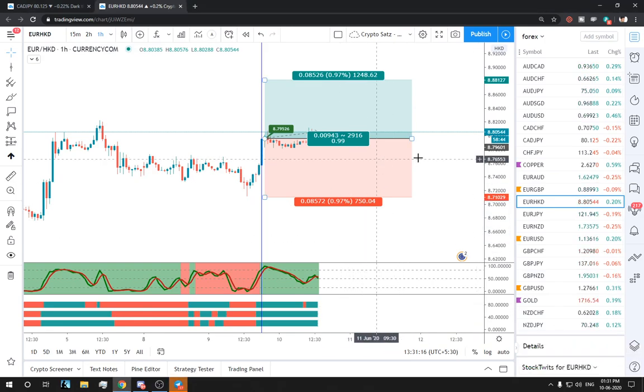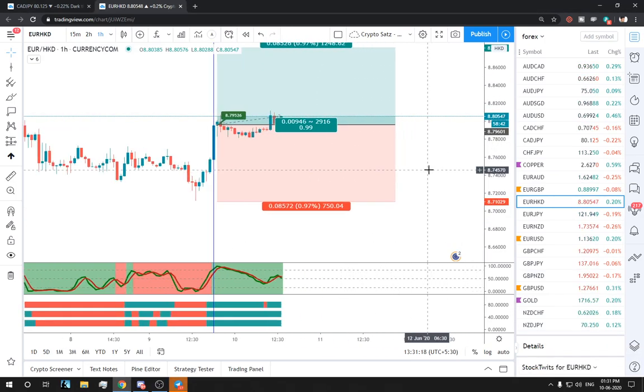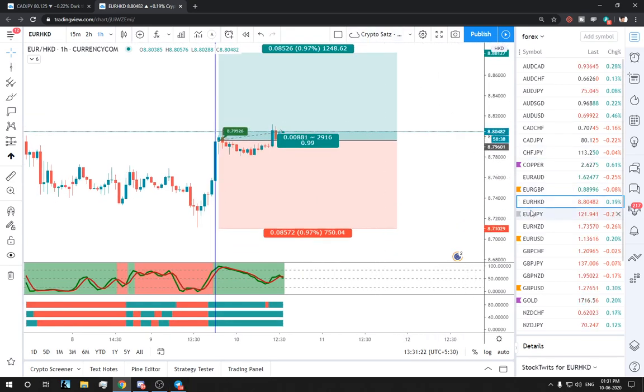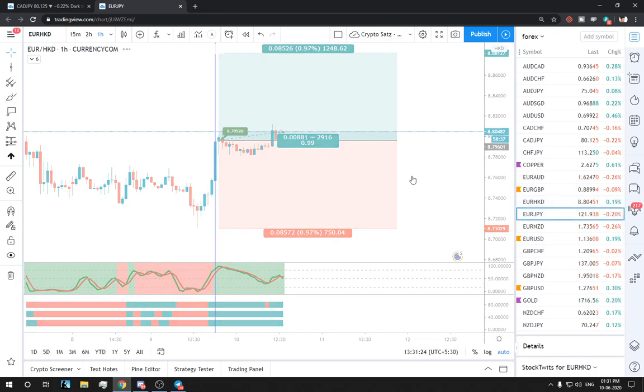Alright, so this trade is ongoing, so we're waiting for the targets to hit. I'll update you tomorrow on this trade as well. Euro JPY,